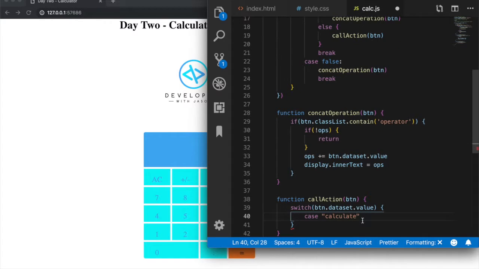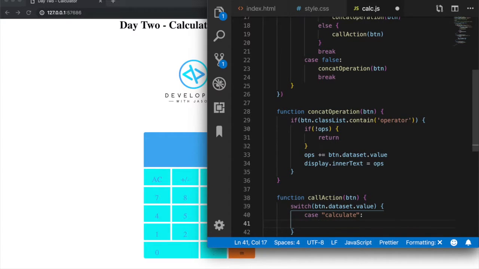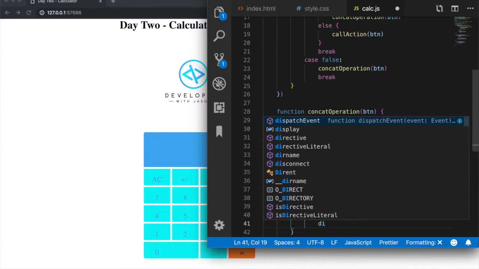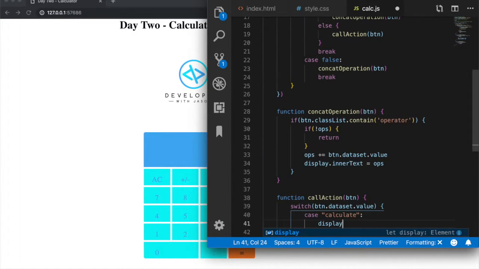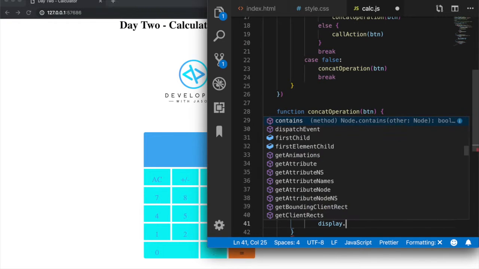So if the user presses the calculate button, what we want to happen is we want the display to add or subtract or multiply or carry out the operation that we want to perform. So display.innerText